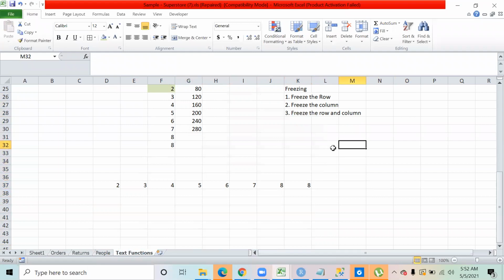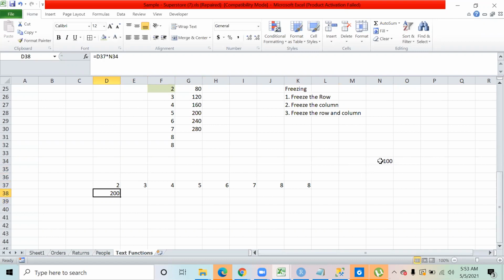Now suppose I have a number 100, and I want to multiply all these numbers with 100. What will be my formula? I will say equal to this number multiplied by this number.